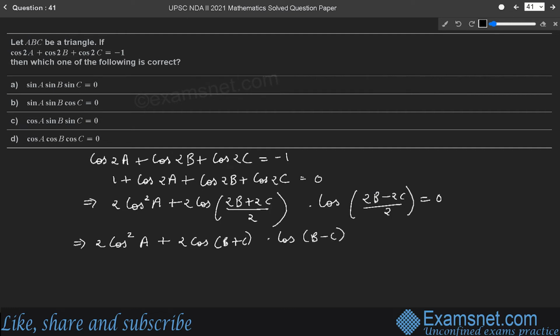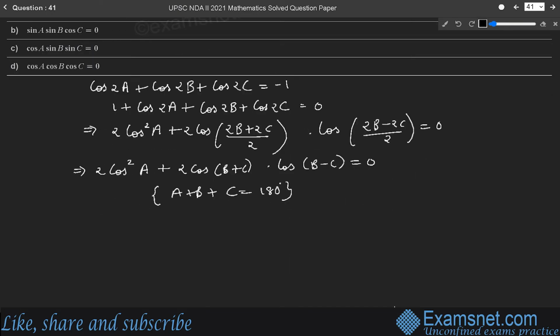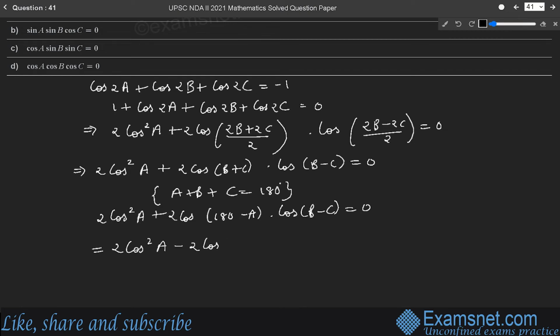Taking 2 common, it will be cancelled, so this will be the remaining term. Since we know that in a triangle A plus B plus C is equal to 180 degrees, we can say that 2 cos square A plus 2 cos (180 minus A) into cos (B minus C) equals 0. Now putting the values, we will get 2 cos square A minus 2 cos A into cos (B minus C) equals 0. On further solving, we will get